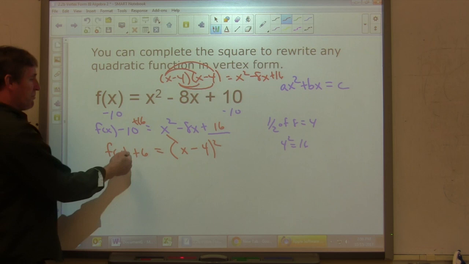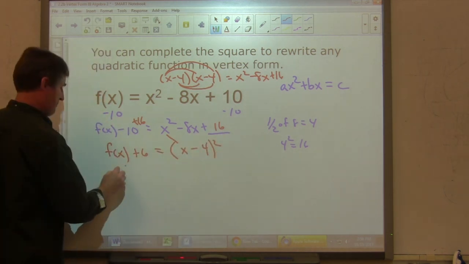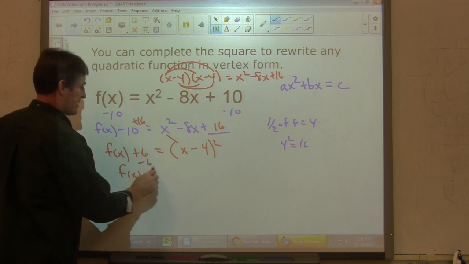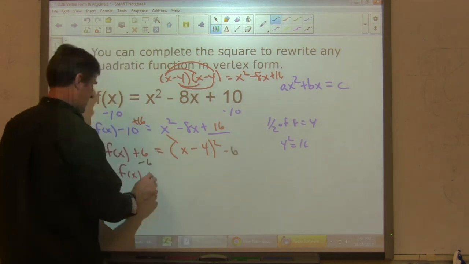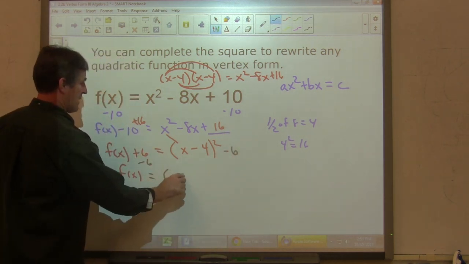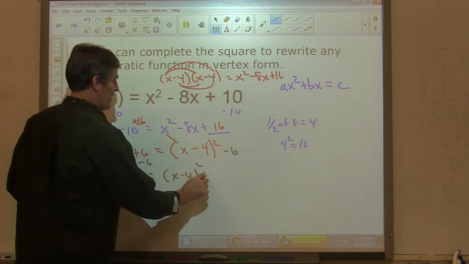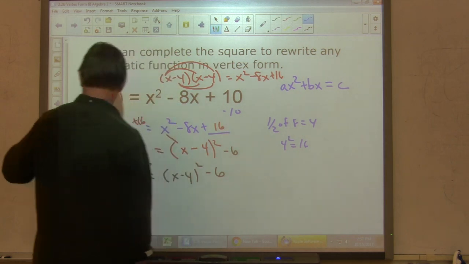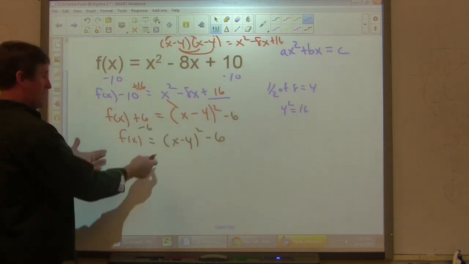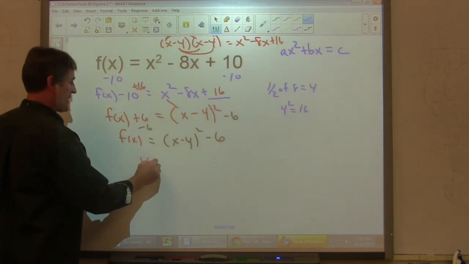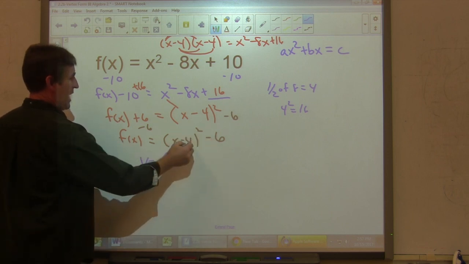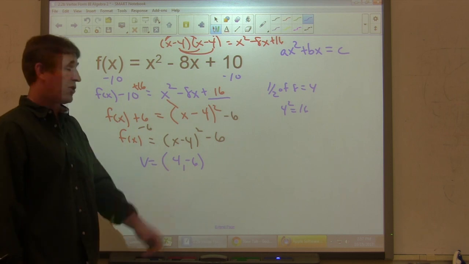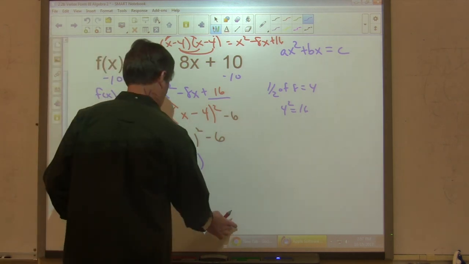So you can see we've just gone from here to a perfect square. Now all you do is you move this 6 back. So I'm going to subtract 6 and subtract 6. And we get x minus 4 squared minus 6. Now, it's in vertex form, so remember our vertex is h, k, opposite this, so 4, negative 6. And they're going to ask you to graph some of these, so if I was to graph this,